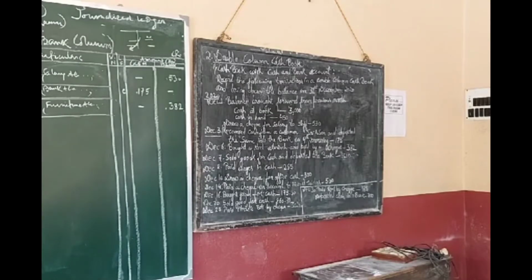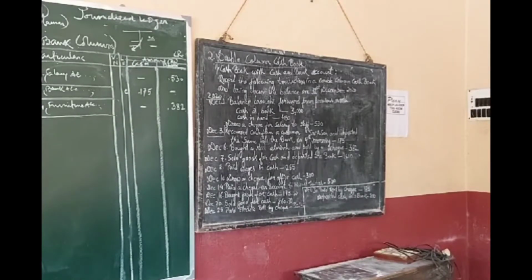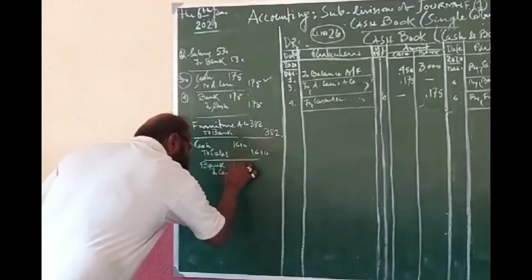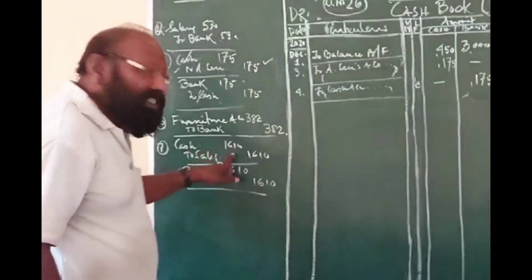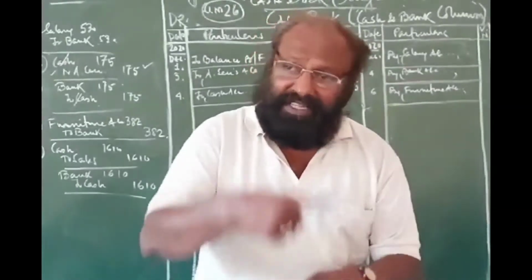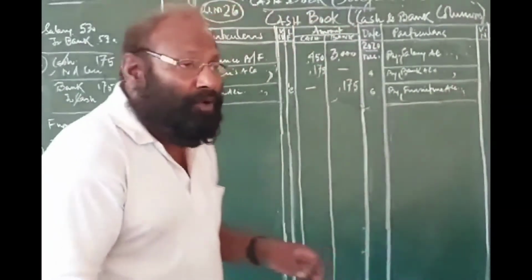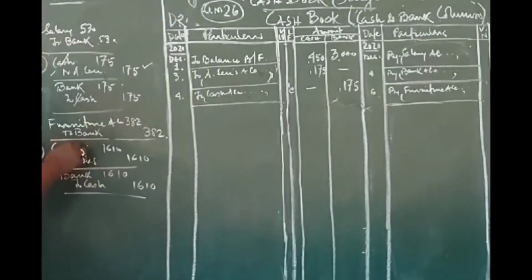1610. Now, this amount you are immediately depositing into bank. Okay. Now, what is the entry? Cash is going out. Cash account credit. And who is the receiver? Bank is the receiver. 1610. Therefore, these are two transactions of the same amount effected on the same day. So we should try to lessen our burden, and we should reduce the number. Cash has been debited, and cash is also credited. So credit and debit, written out.